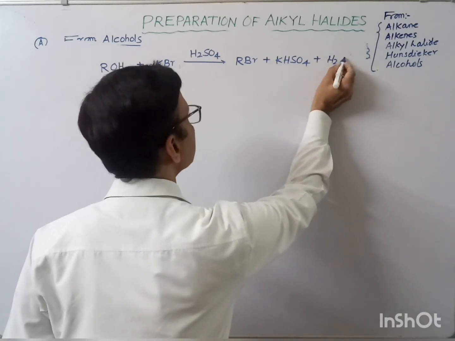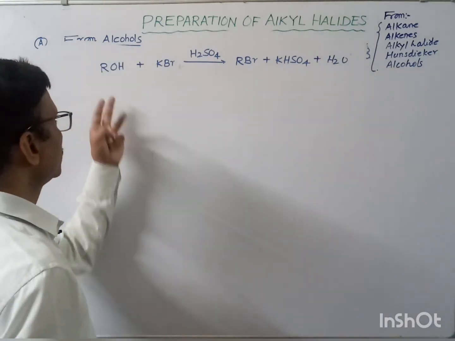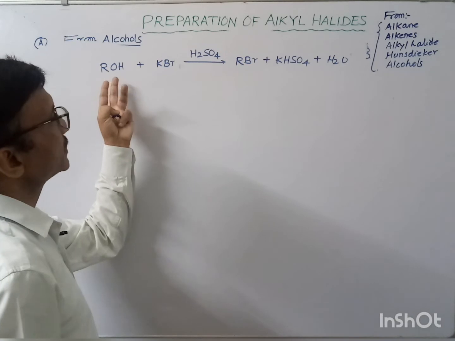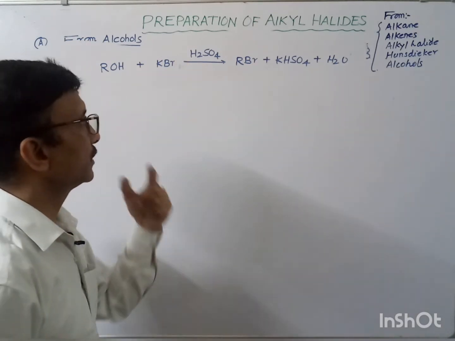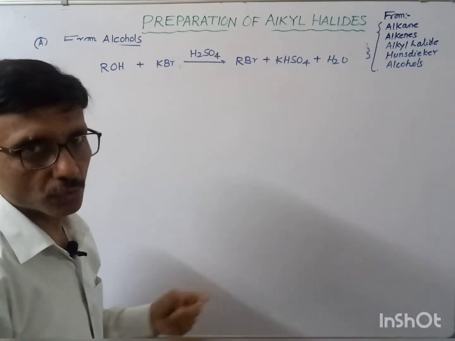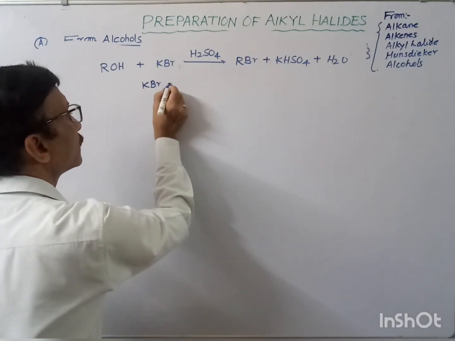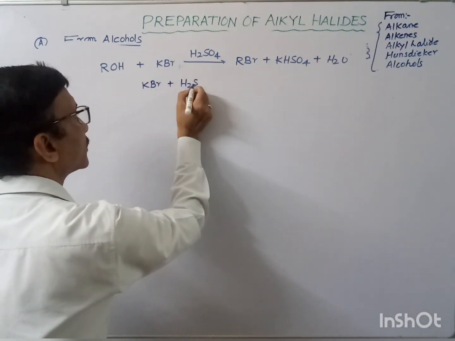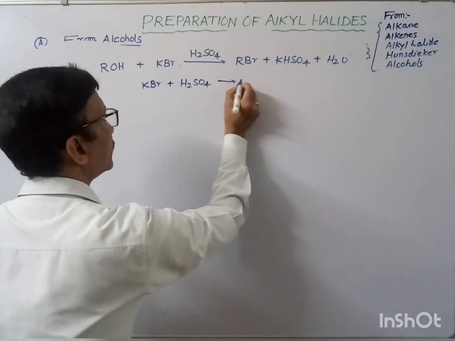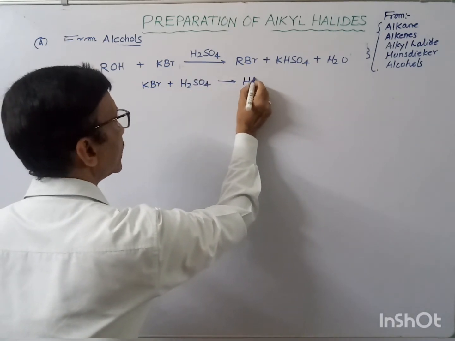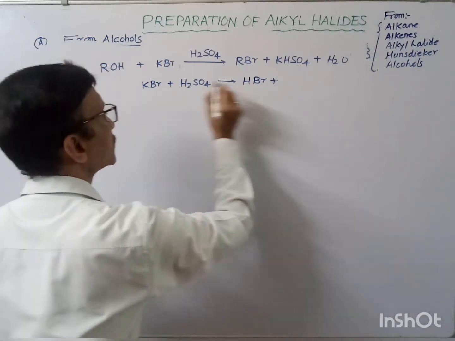Now, actually, in this reaction, if you see, this alcohol is reacting with hydrogen bromide only, because KBr reacts with H2SO4, giving hydrogen bromide plus